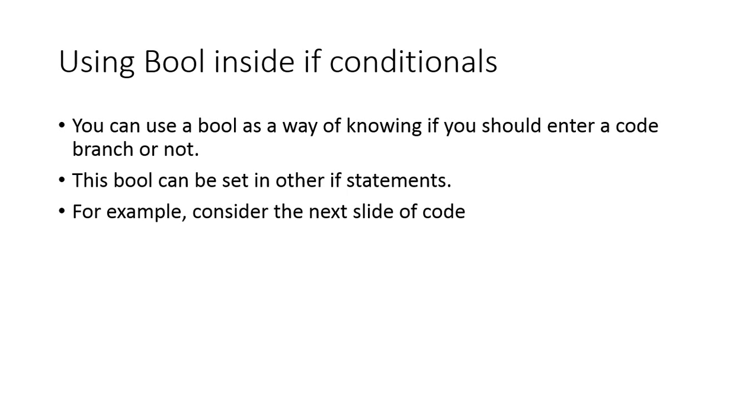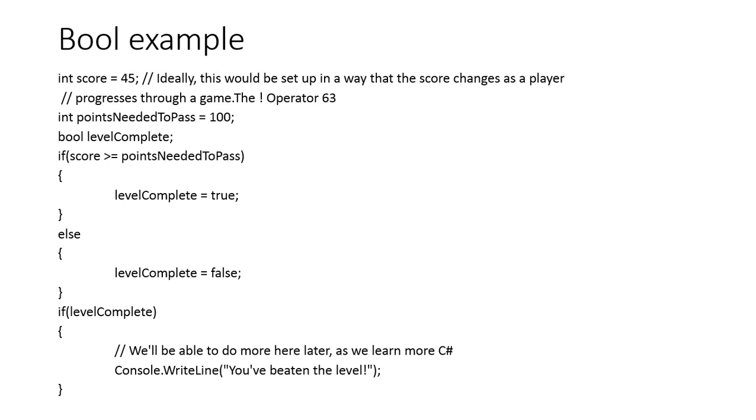We can also use bools inside of conditionals. So bool is a way of knowing if you should enter a code branch or not. That bool that you use can also be set in other statements. That's kind of a common thing to do. For example, check this out. So if our score is 45,